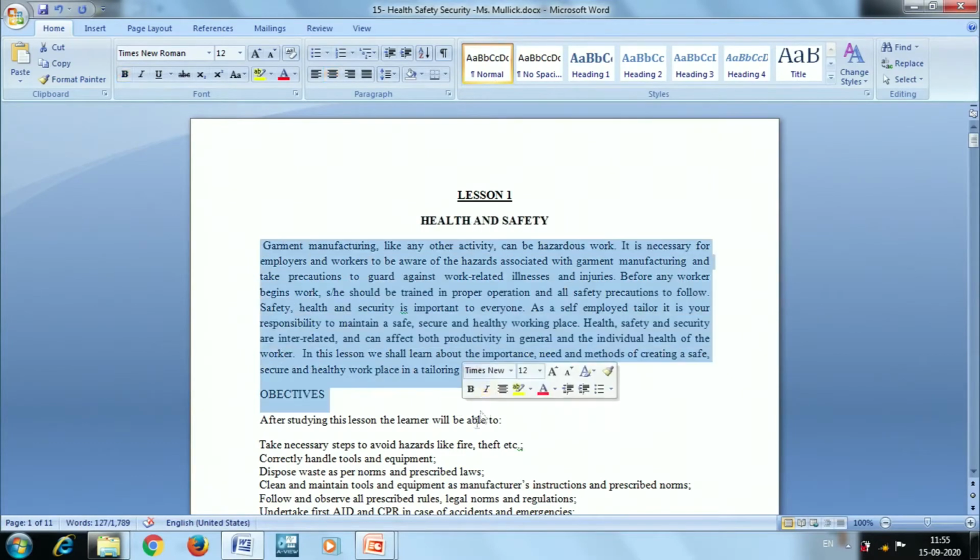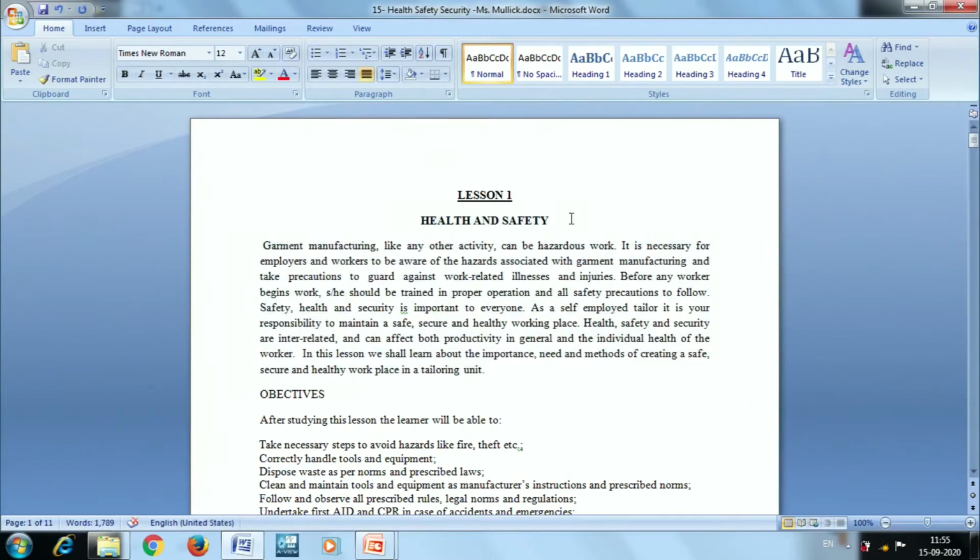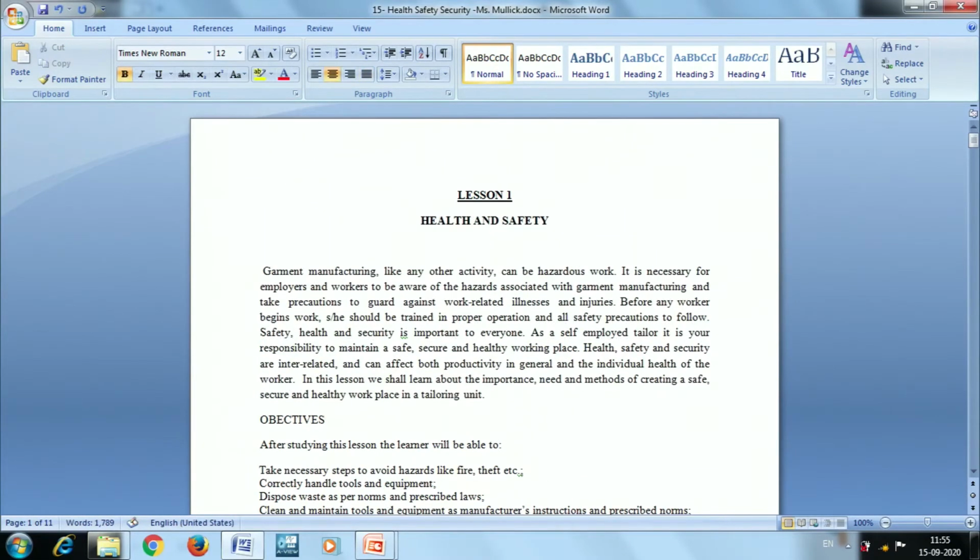Here this is the introduction about the particular topics. I want to give the heading as introduction. The introduction heading will be for this particular paragraph. The text size, I feel, is a little bit small, so I want to increase it.